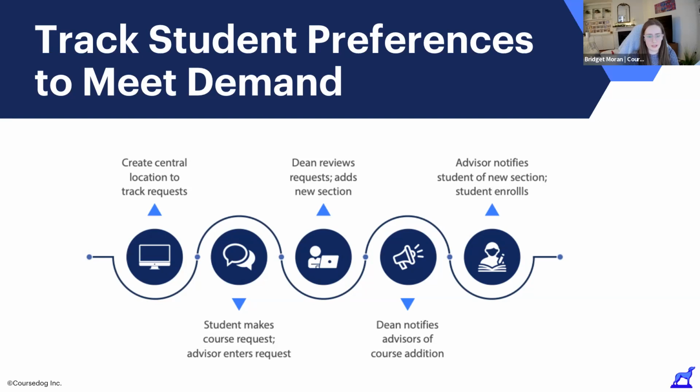This may seem like a pretty simple process, but it really can have a big impact. At the institution I spoke with, they were able to open up 17 new classes as a result of this tracking. This isn't only a huge win for the students that would have otherwise been unable to take these classes, but also an additional source of tuition revenue for the institution. This is just one way to track student preferences, but there are also some more proactive ways to solicit student feedback as well.